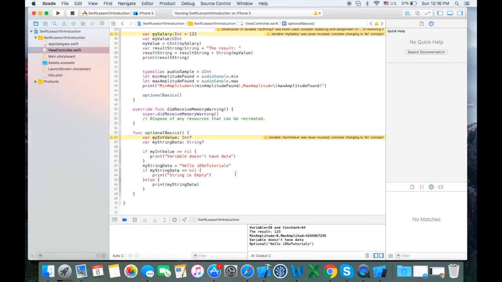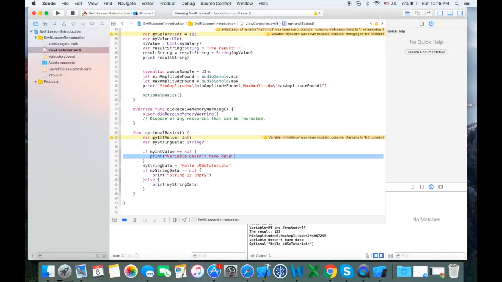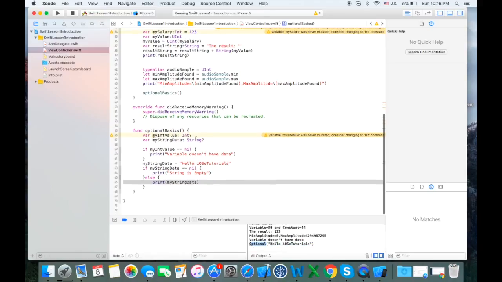So we have this line. First we print this line because we don't have a value for this integer. We go through this line and print that the variable doesn't exist, doesn't have data. And for the next one, because it has some value in the string, it goes to the else branch. It prints my string data, but it is worth noting that it has this optional thing,